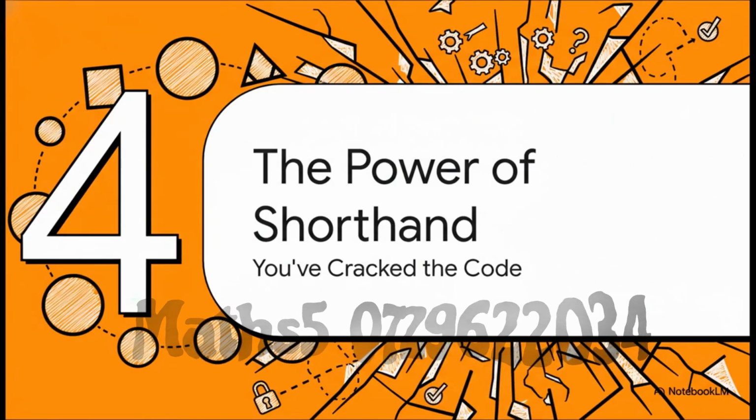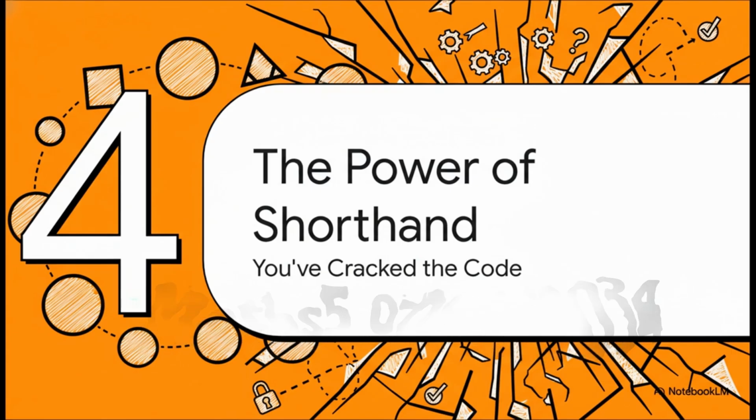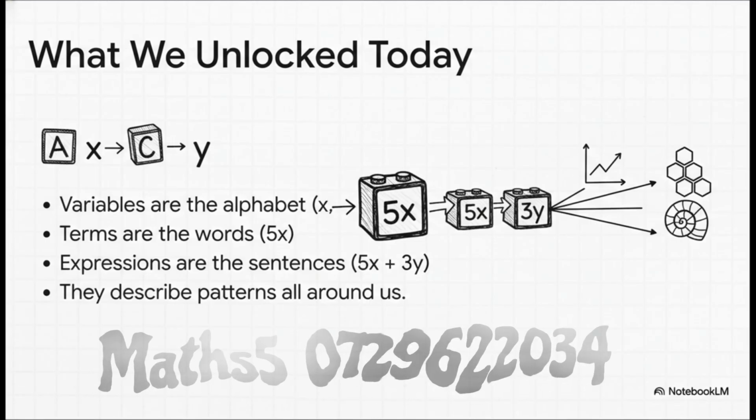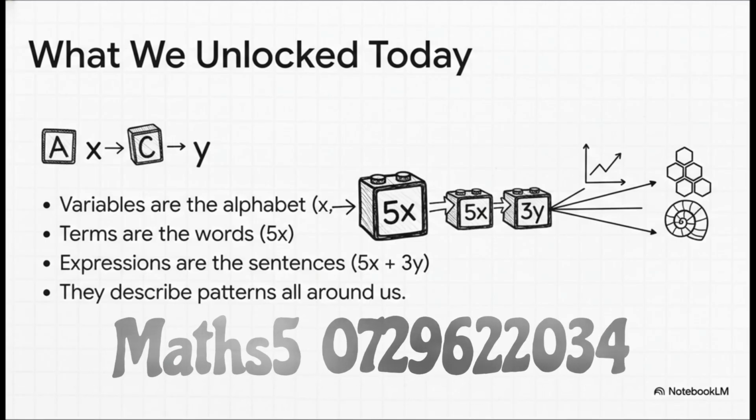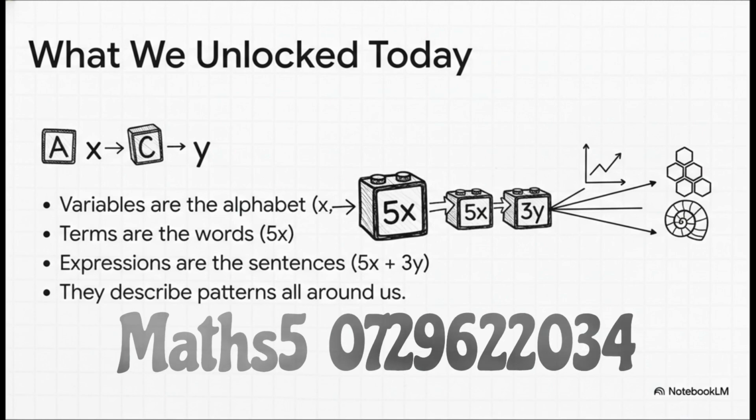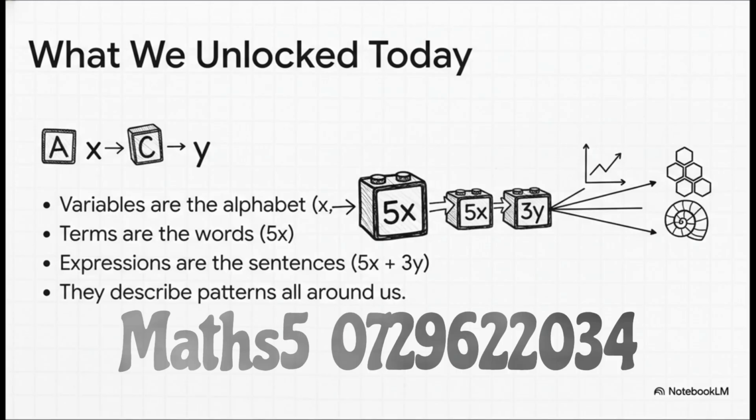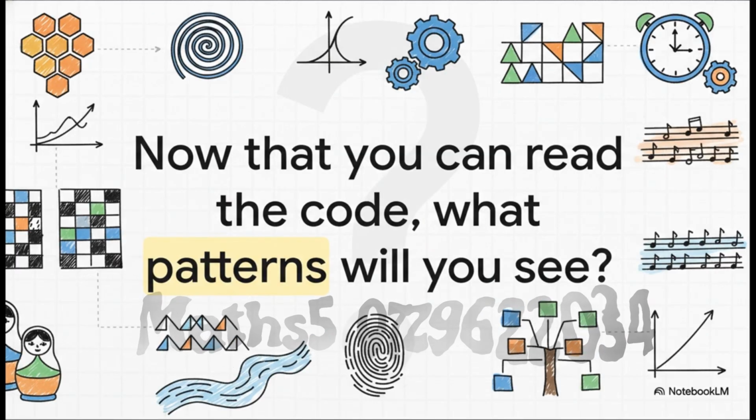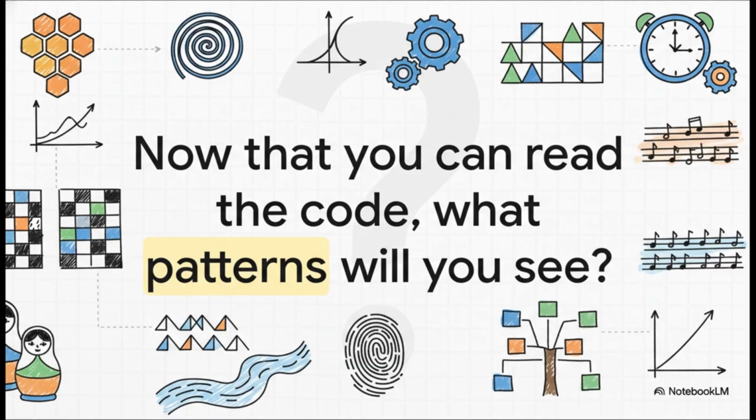And just like that, you've pretty much learned the fundamental grammar of this so-called secret language. You've cracked the code that's been hiding in plain sight this entire time. So let's recap one last time. Variables, they're just the alphabet. Terms, those are the words. Expressions are the full sentences. And these sentences, they are incredibly powerful tools for describing the patterns that make up our world. You know, you probably came here thinking you were going to learn about algebra. But the truth is, you were already speaking it. So my question for you is this. Now that